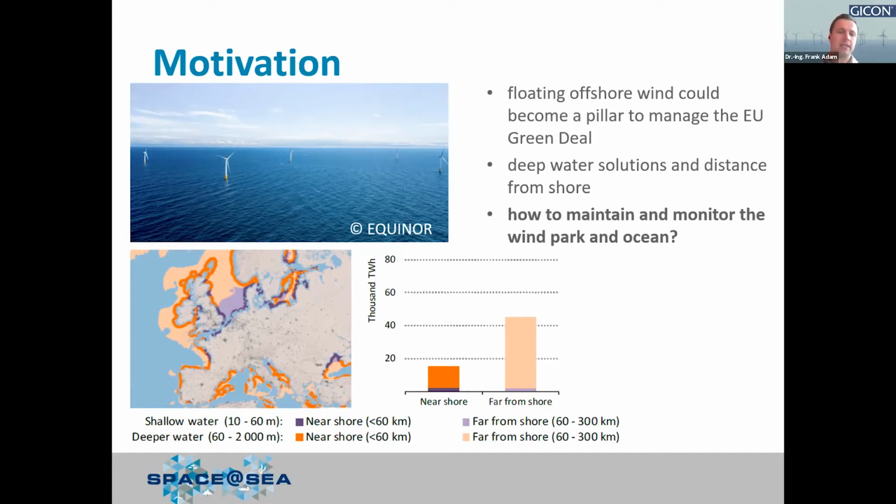is presented at this slide, especially in the picture on the left-hand corner. So you see that the offshore wind potential in deep water far away from the coastline is significantly higher than close to shore in water depths up to round about 50, 60 meters. Meaning those offshore wind farms, those floating offshore wind farms need